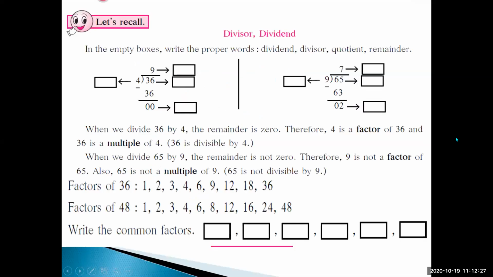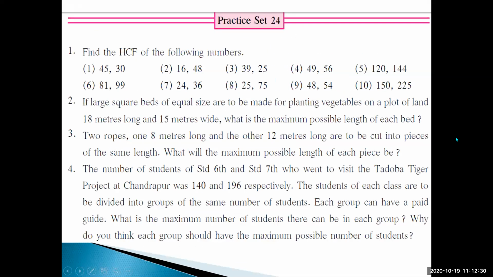Okay, then so our HCF has been done. These are the word problems, how to solve them, that I have told you. अगर वहाँ पे maximum number आता है, अगर maximum word आता है, what is the maximum possible length of each bed? So what you have to do, 18 का factors निकालना है, 15 का factors निकालना है, then common factor, then HCF, और जो भी answer आता है, that would be the maximum possible length of each bed.